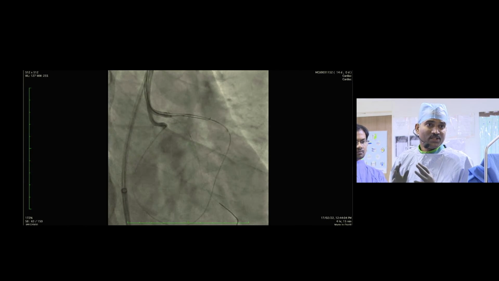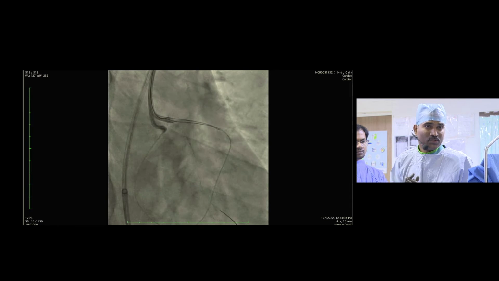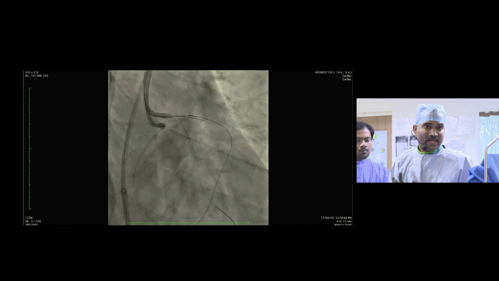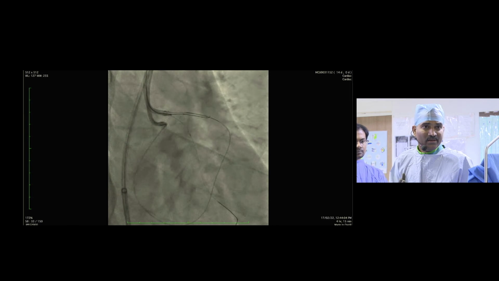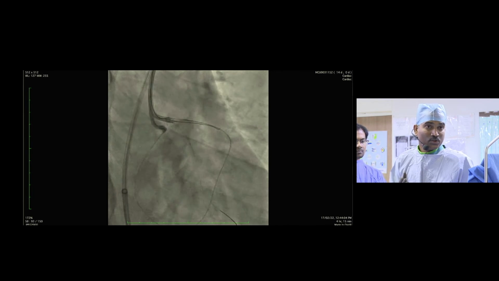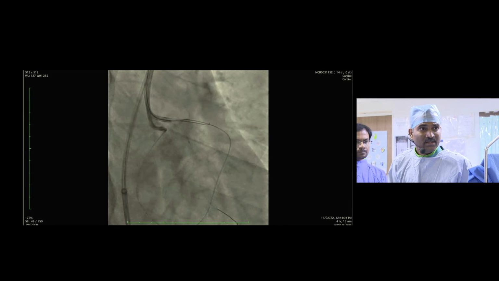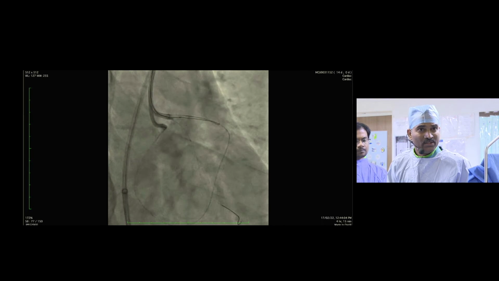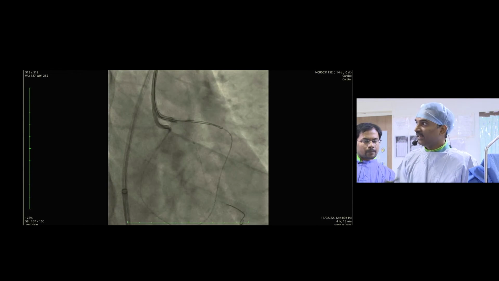So you need a very stiff and more directable retrograde wire. In this case I tried Gaia 2 and Gaia 3 for reverse cut as a retrograde wire, but it didn't work out. So Hornet 10 we directed through the true lumen into LMCA, and then we took